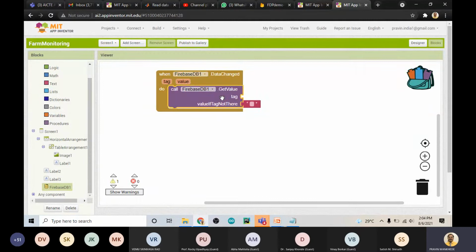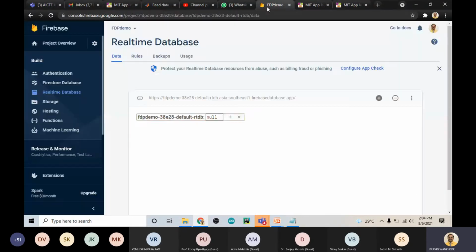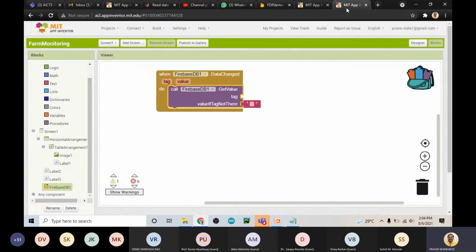Now, as you know, in the Firebase we do not have any bucket, and also we do not have any key, correct? So we want to create a key or the sensor name, and from that we want to read the data. So we'll create a tag.